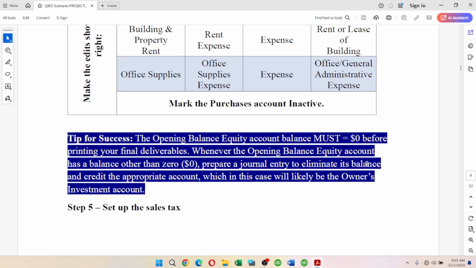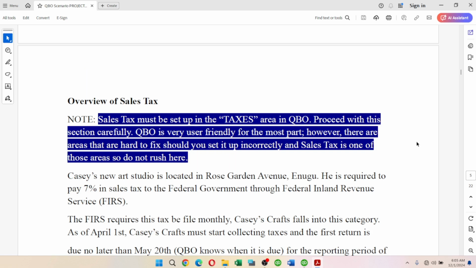Whenever the opening balance equity account has a balance other than 0, prepare a journal to eliminate its balance and credit the appropriate account, which in this case will likely be the owner's investment or owner's contribution account. Okay, so that is it. In the next section, we'll be looking at how to set up our tax